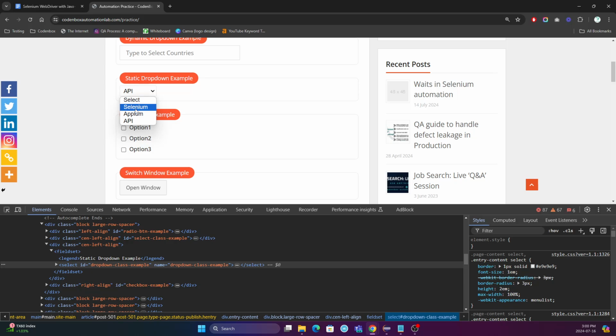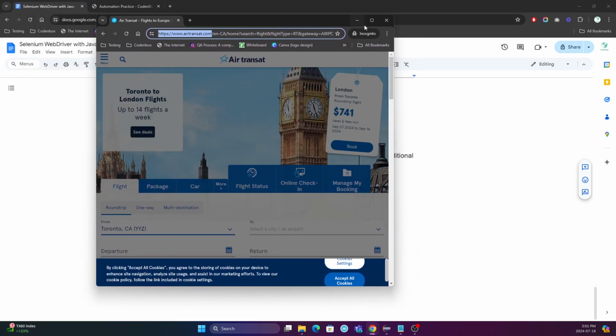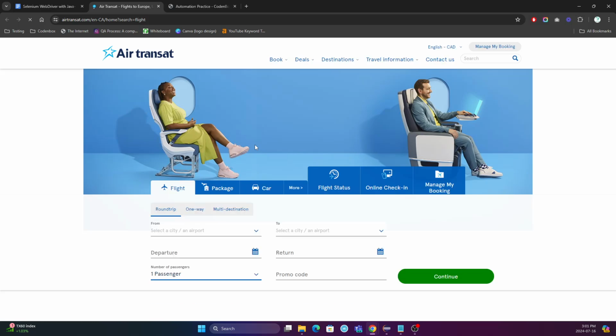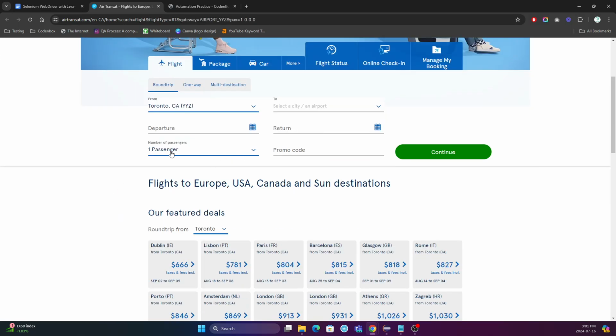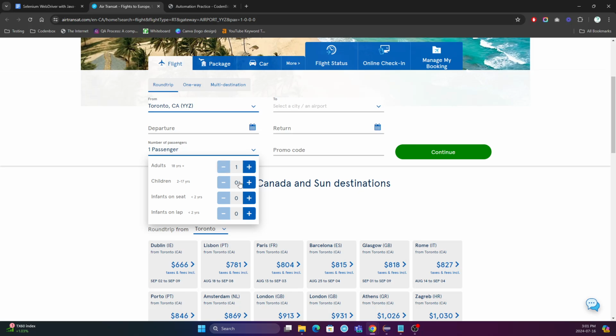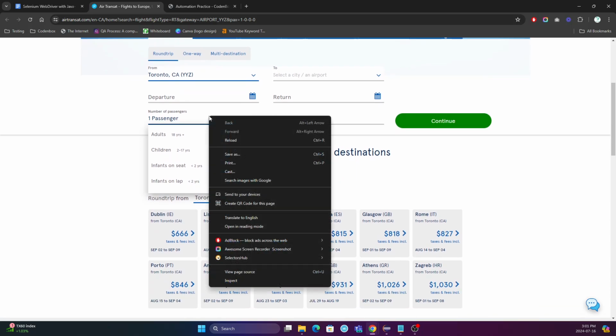But today's tutorial is going to be about another, very regular dropdown without the select tag. This is what we see mostly nowadays in almost all applications. So we're going to use the Rahul Shetty Academy practice site. If you go there, here is a traditional dropdown, and you can see it has multiple options. All are predefined, nothing is dynamic, but you can add values there. If I right click and inspect this,